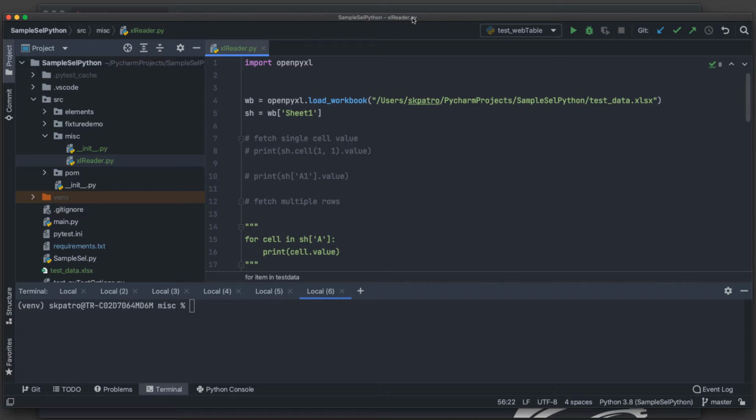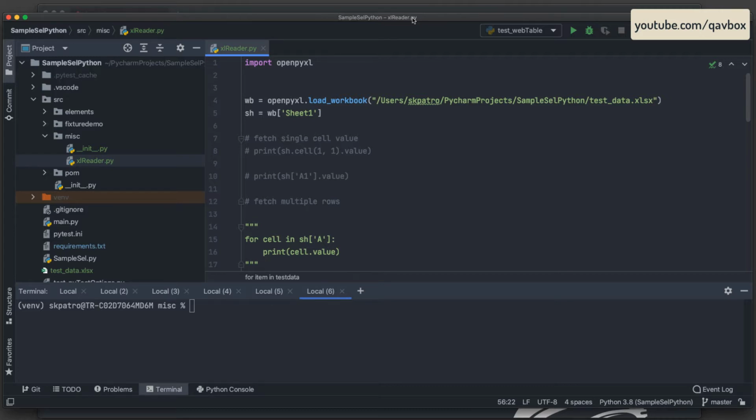Welcome back. So, in our Selenium with Python series, today we are going to be advancing our Selenium with Python page object model framework. We'll see how we can use the test data to fetch the details and then do the automation or verify something. We have seen how we can get the data from a py file, and then we have